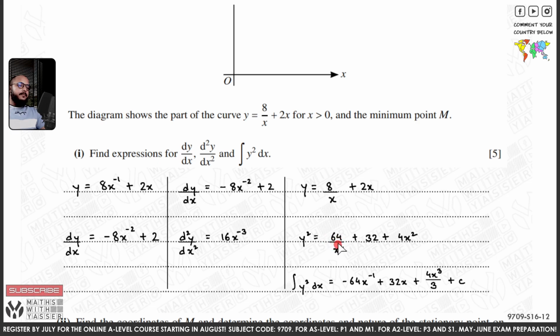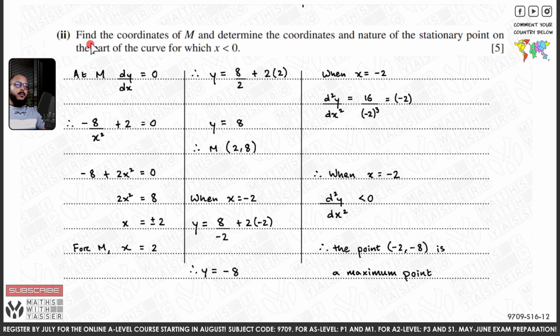so this one, 64 by x square is basically 64x to the power minus 2. So minus 2 plus 1 is negative 1, and 64 over negative 1 is negative 64. 32 will become 32x, and 4x squared, 2 plus 1 is 3, and 3 will come to the denominator. So it will be 4 over 3 times x to the power 3 plus c. We have to use this c because they have asked us to find the expression. That's it. In the second part of the question, we need to find the coordinates of M and determine the